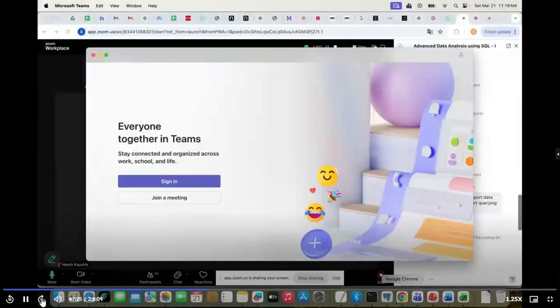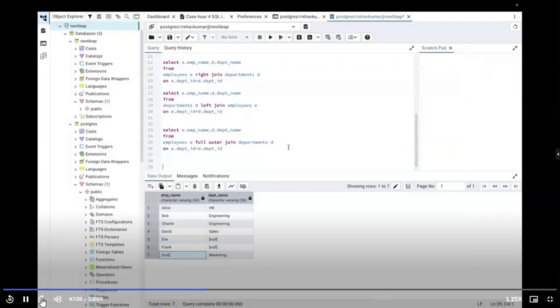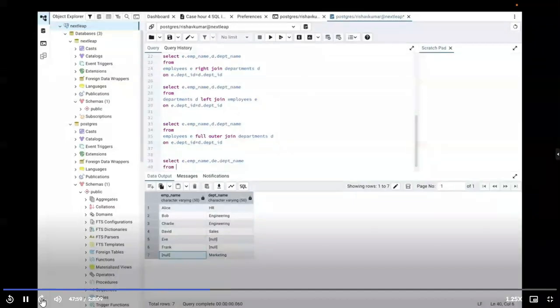In short, there is no joining condition. I'm not checking the department IDs. Whatever department ID you're getting in the employee table, just match it with all the department IDs in the department table. I don't want to look into whether joining is successful or not. I'll make all the combinations, whatever is possible. To do that, select e.emp_name, comma d.dpt_name from employees e cross join department